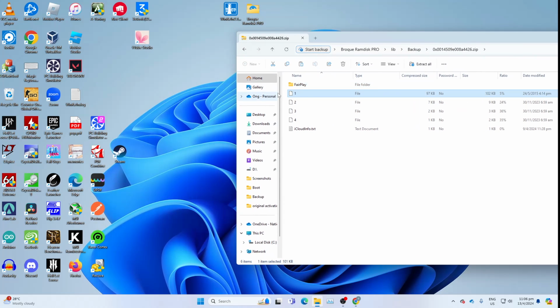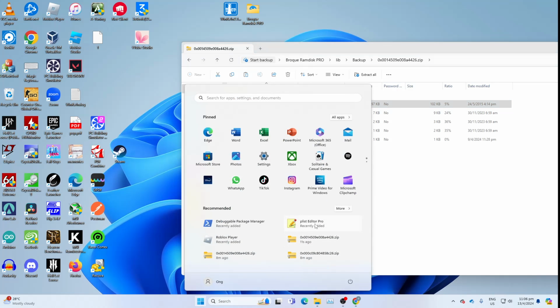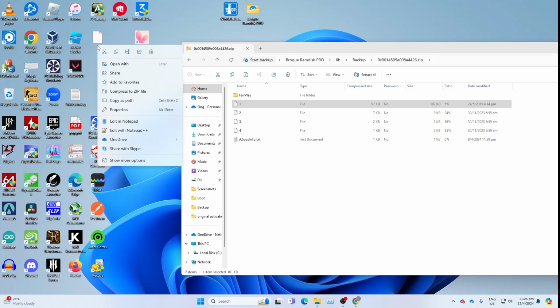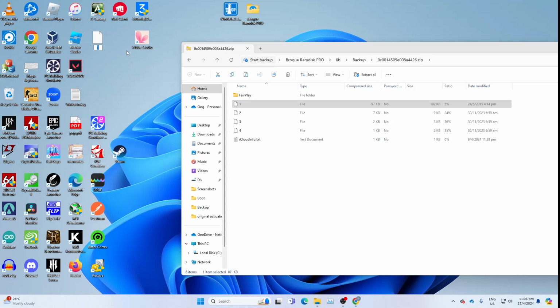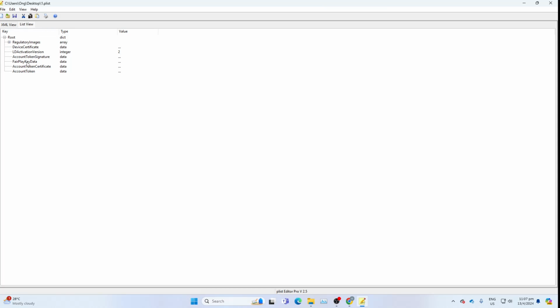copy number one onto the desktop. Once you've done this, install PDisk Editor Pro, which I already installed as you can see here. Then after which, right click number one and rename the file with .plist. After this, double click to open, go to list view, go to FairPlay key